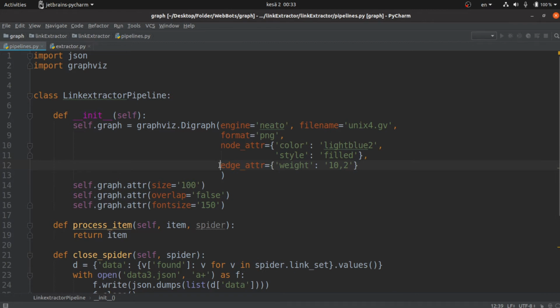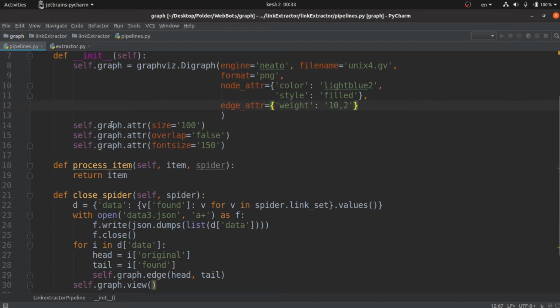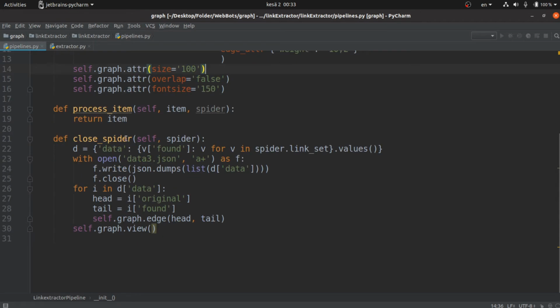The Graphviz documentation has all the available functions that we can use. And for the edge attribute we give it a weight of 10. Next, we give it attributes for the graph itself. The size is 100. We set the overlap to false and the font size to 150, since the image will be quite big and we will need to zoom in quite a bit. This is left empty, and when the spider is closed,